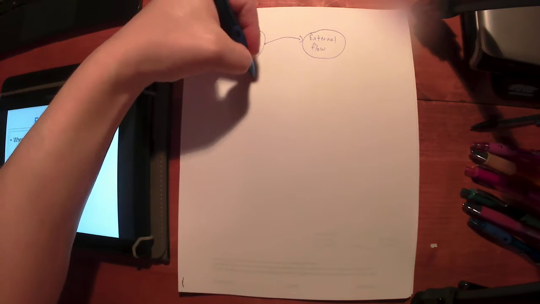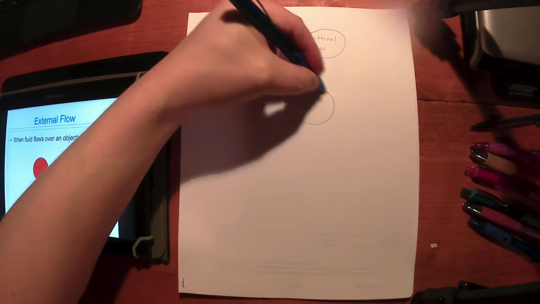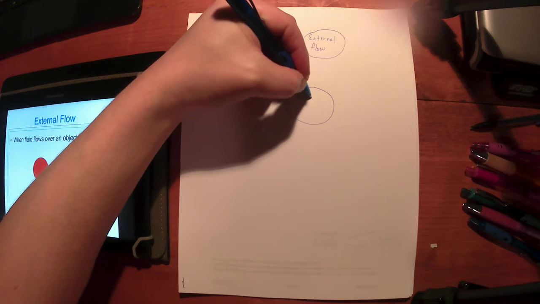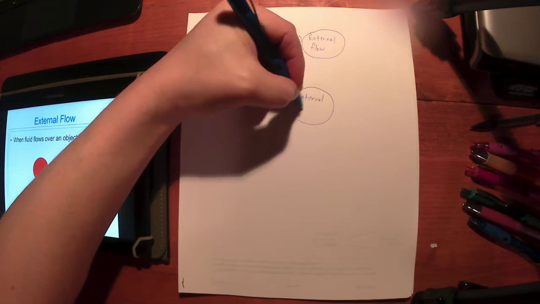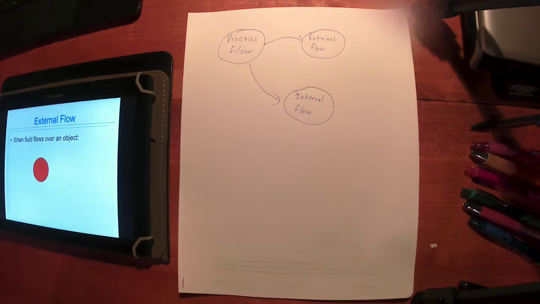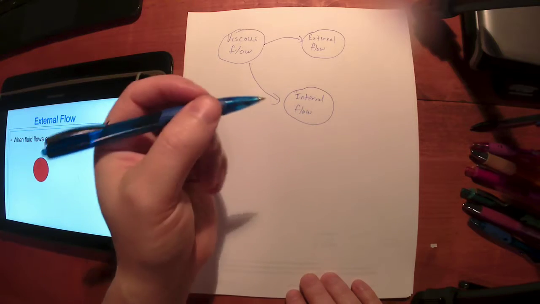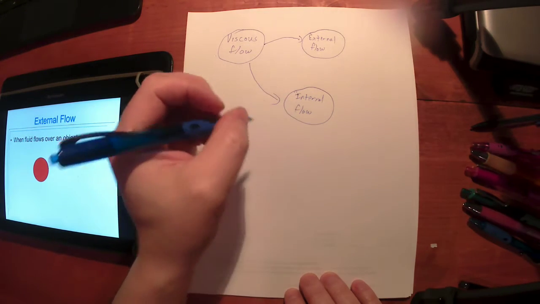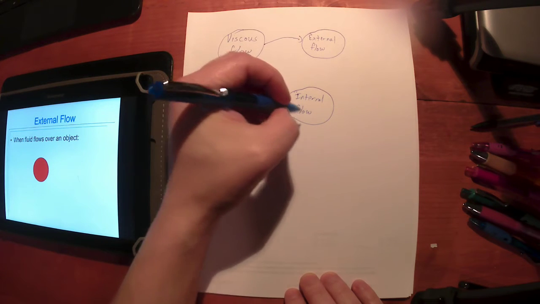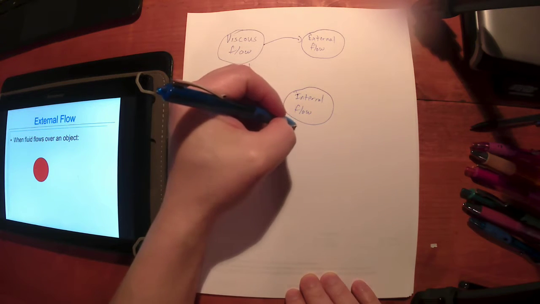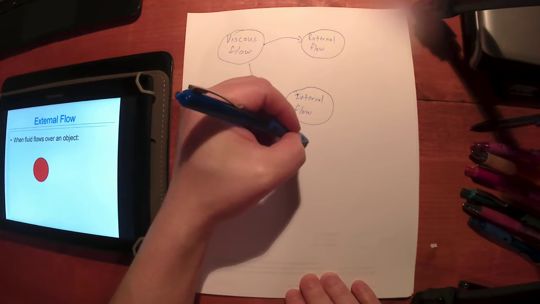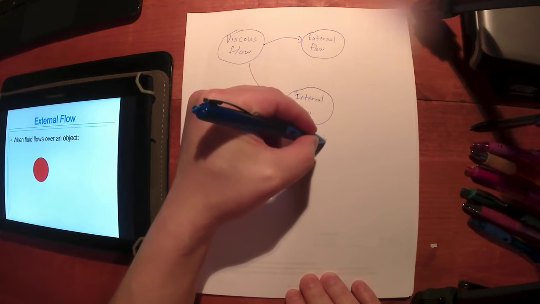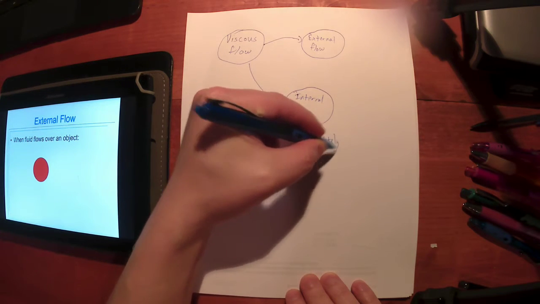Now, we've been focusing on internal flow. That's where fluid is flowing through a conduit. So that has been our focus up until now. We've done 2 homework assignments on that. We're working on the second one right now. You guys turned in the first one last week. We're working on the second homework assignment within the area of completely filled